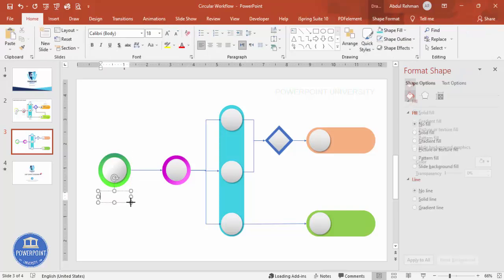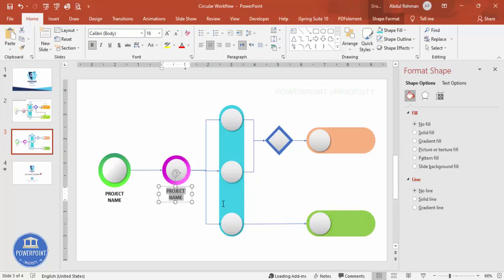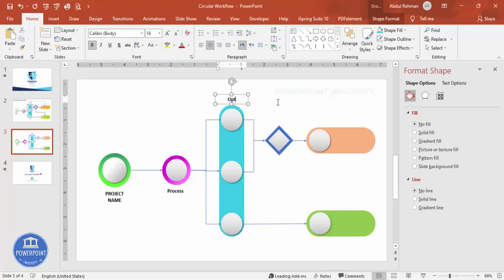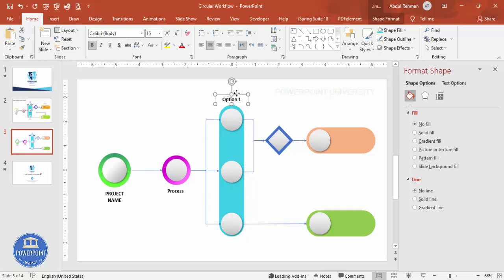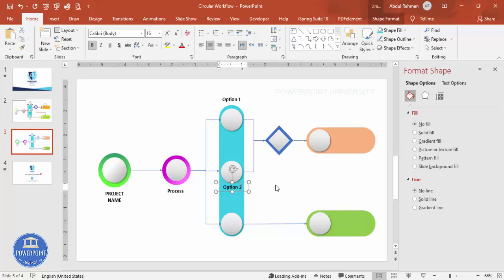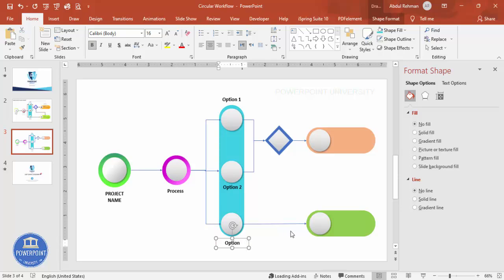So this is, for example, your project name. Okay, so you can just put the project name, just giving some dummy data here. All right, and then press Ctrl D. So this could be a process here. All right, and then Ctrl D. These are some three options. I'm going to put option 1, option 2, option 3. Option 1, Ctrl D. So this is option 2, and then I can just hold the Ctrl Shift key, drag this one down,